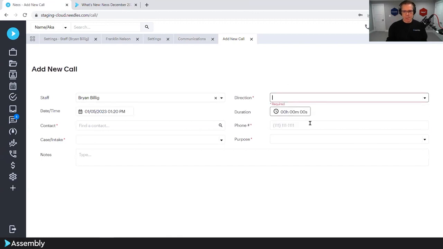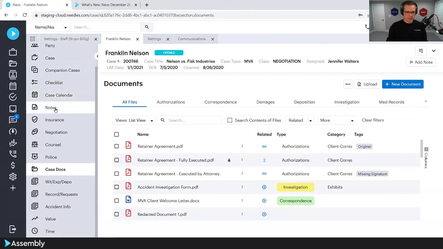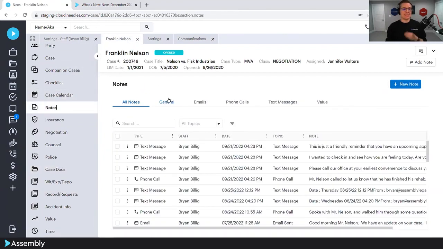Is it inbound or outbound? How long was the call? What was the purpose of the call? What case was it associated with? So that you can track that phone call, how long it took, what it was about. And then that will be filed to the case under the Notes tab, because the Notes tab is getting fancier